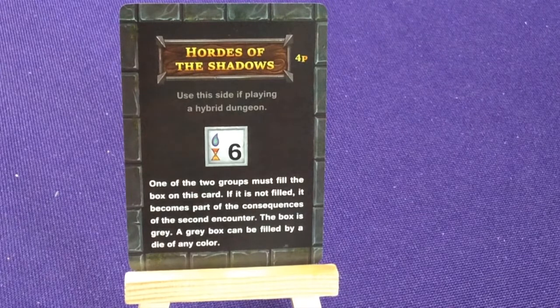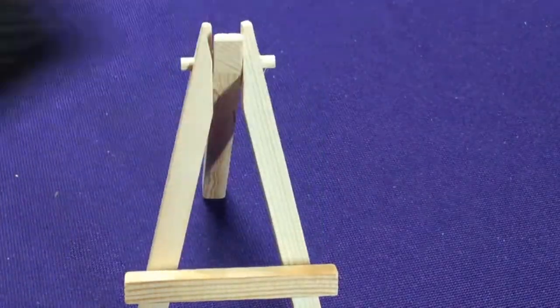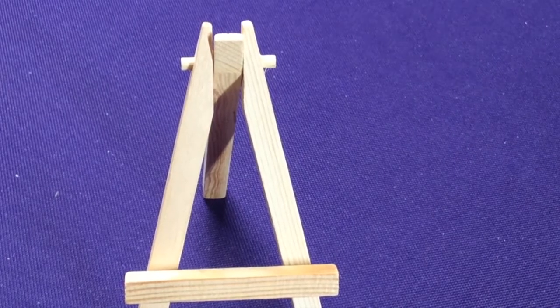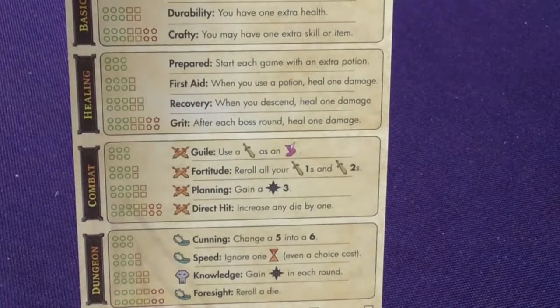So basically, one of the 2 groups must do it, otherwise it becomes part of the consequences for the second encounter. So the first group has a chance of doing it. If they can't, then the second one has to, otherwise they take damage. Just a tweak for having, I think, more cards, a little bit harder, more players, all that. Then we're going to look at our